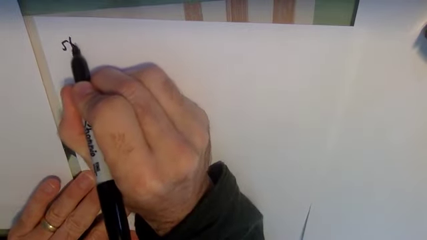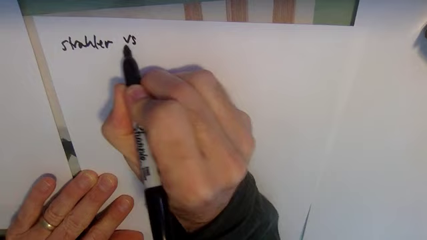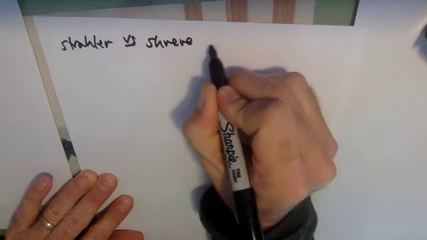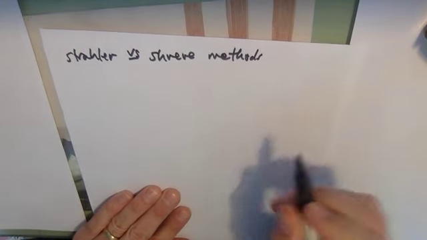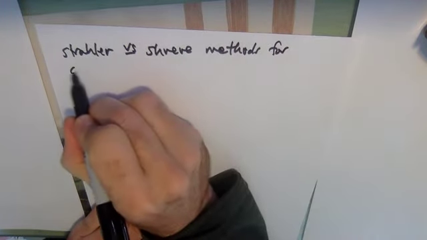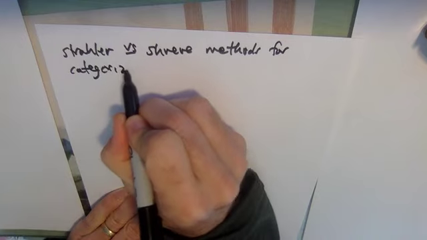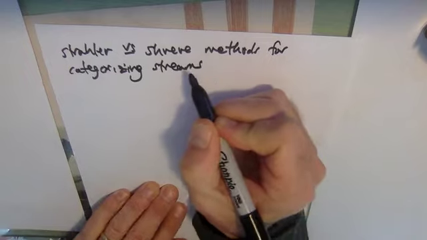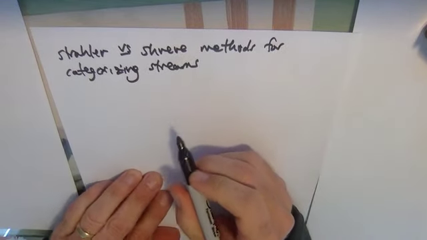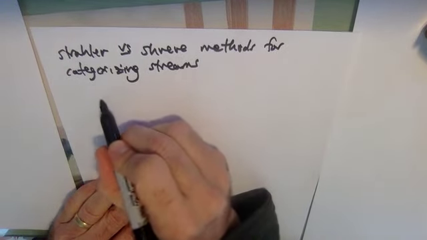There are a couple of ways for categorizing streams that look like that. And the two primary ways are the Strahler and the Shreve methods for categorizing streams. And I don't work enough in the business to know if one is preferred over the other, but the Strahler method